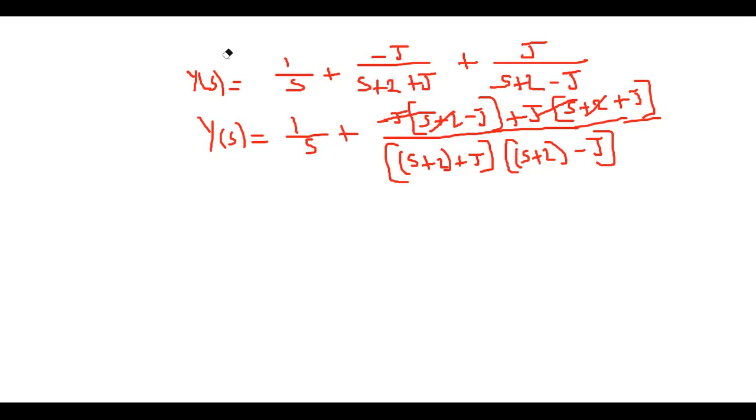Okay. So Y of s is equal to 1 by s plus, here it becomes plus j, my dear students. This is a minus j. Then you can get it is a minus 2. So plus, and here it is a minus